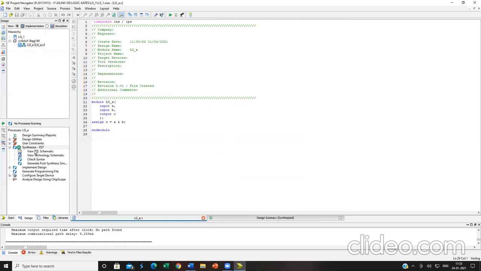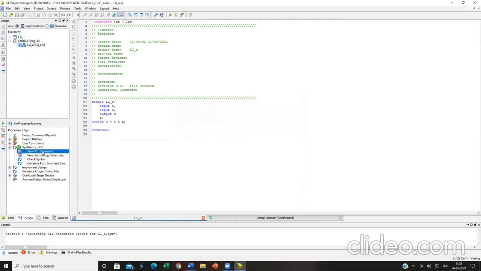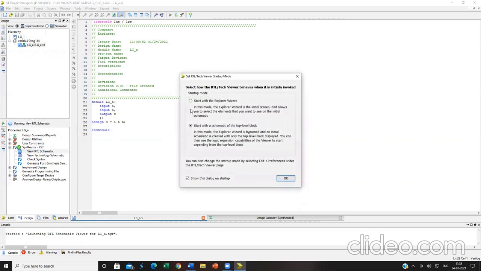So now there will be two options over here: view technology schematic, view RTL schematic. Let us see what happens to these two things. Here the RTL tech viewer startup mode dialog box will be appearing as soon as you click on view RTL schematic.